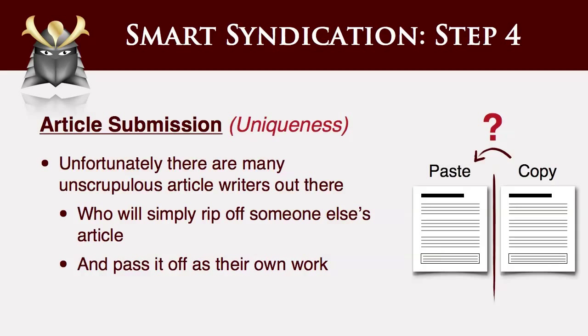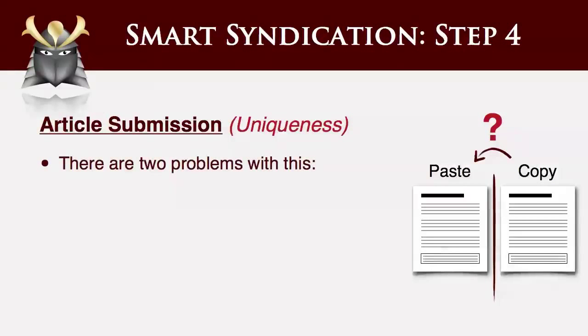These article thieves simply search article directories or Google for an article related to the keyword they're being paid to write content for, and illegally download someone else's work and give it to you, passing it off as their own work. There are two problems with this. First, and most important, is that it's highly illegal. Even if you unknowingly syndicate someone else's article without permission, then you are in direct breach of copyright legislation. If you get caught, you could be faced with costly lawsuits and be sued for breaching copyright.